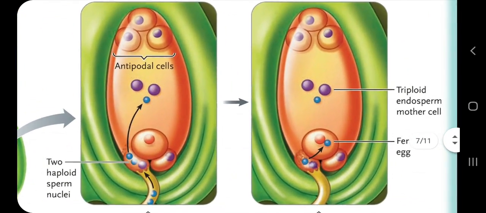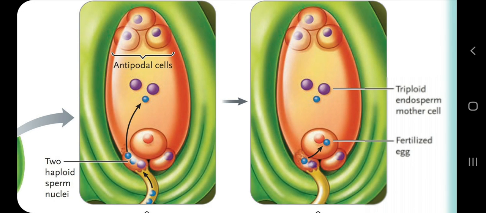Now I have said that this pollen tube has two male gametes. One male gamete will fuse with the egg, and after fertilization it will give rise to a zygote, and of course the zygote will divide and divide and divide, and give rise to the plant embryo. But what will happen to the second sperm? This is a very interesting phenomenon in flowering plants or angiosperms, and it is a very iconic feature of angiosperms also. This is very important for class 10th science, 11th biology or 12th biology.